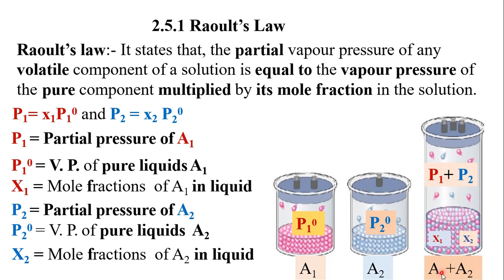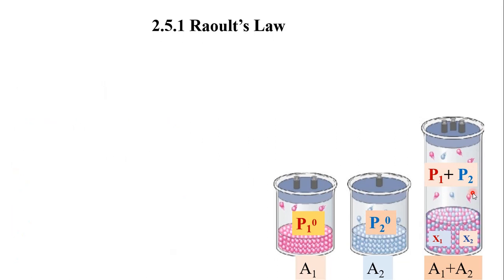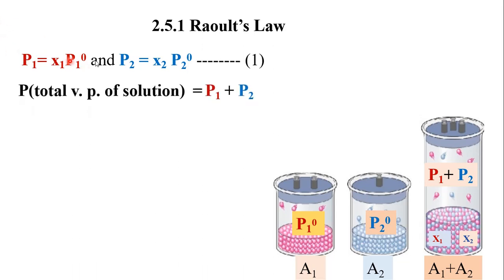The pressure exerted by the vapor state molecules of A1 is P1 and by those of A2 is P2, and the total vapor pressure of the solution is equal to P1 plus P2. So P1 is equal to X1 into P10 and P2 is equal to X2 into P20 according to Raoult's law. And according to Dalton's law,